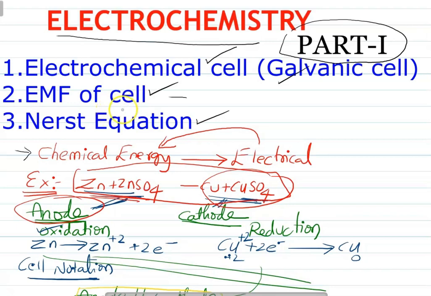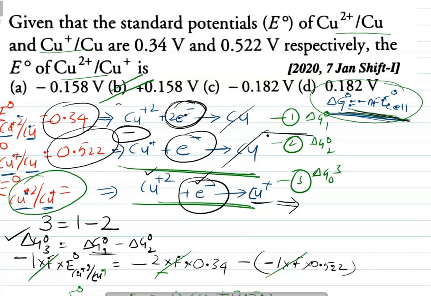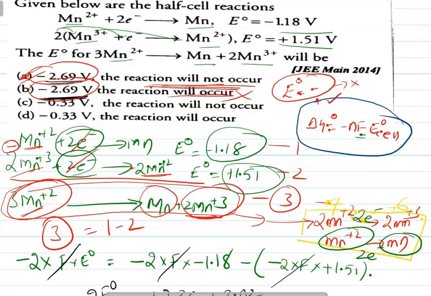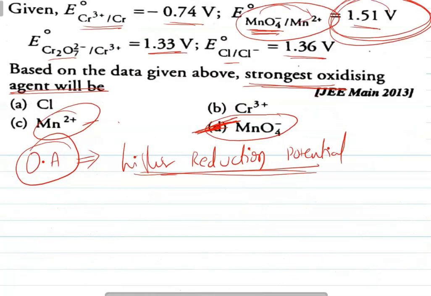Welcome back. In the previous class we discussed some numericals on electrochemical cells, the EMF of the cell, as well as the Nernst equation. Like single electrode potentials, we have calculated with different oxidation states. We also know the cell notation when the cell reaction is given. I have also told you how to identify the cell reactions when the cell notation is given. And we have also solved which is a good reducing agent and which is a good oxidizing agent, depending upon the values that are being given.